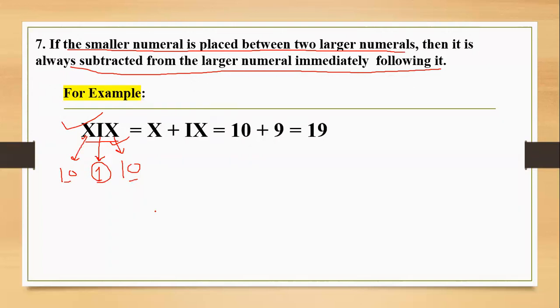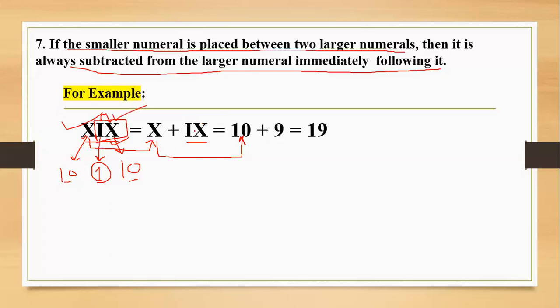So what we have to do is see that the larger number is coming immediately after the symbol I. So you have to break this number. Firstly we will write the first symbol, that is X, and the number following the larger number, we have to write it separately, that is IX. So we will convert the Roman numeral into a number, then we will write IX.